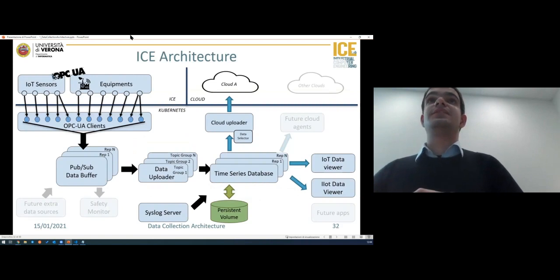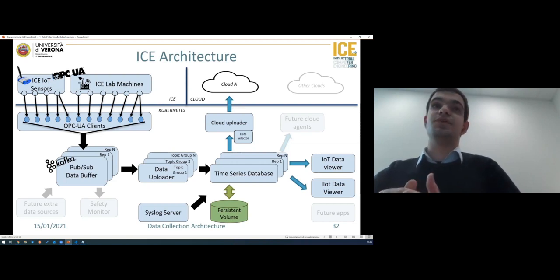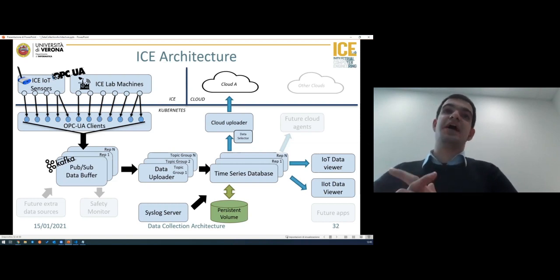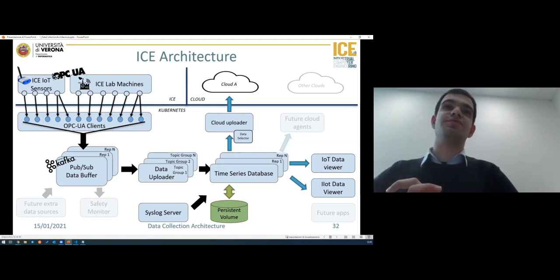So starting from the actor, from the ICE lab, we have the two Box.io keeping IoT and industrial IoT data, and then the different OPC web servers of the machines. The OPC clients are Python applications. For the broker, for the publish-subscribe data buffer, we chose Apache Kafka. We also could use RabbitMQ, but we saw that they are similar both for performance and also for